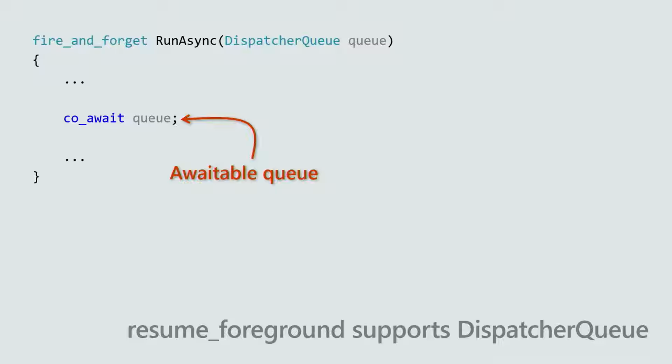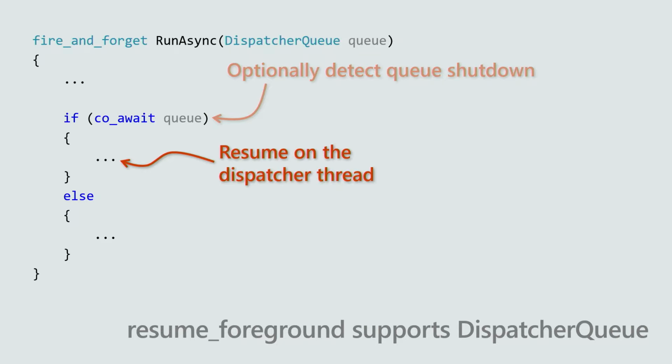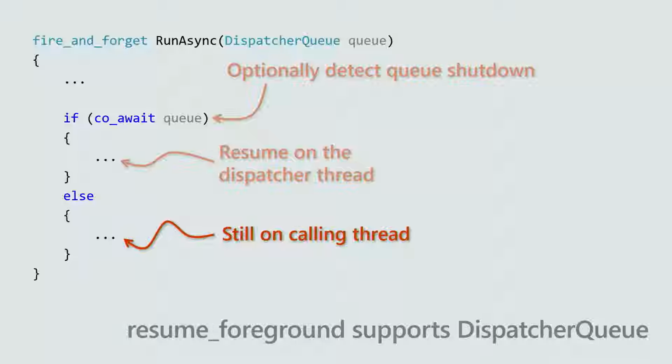The DispatcherQueue, however, has an interesting feature which allows you to detect queue shutdown. This ends up being really important for, again, very fine-grained control of teardown scenarios where you want to make sure whether the queuing actually occurred or it actually failed. So in this case, we know that you've actually resumed on the dispatcher thread. All is good. You can carry on going. Otherwise, you'll know that you're still on the calling thread, and you'll presumably take care of some teardown scenario. So you get the fine-grained control of the DispatcherQueue as well as knowing when that operation actually succeeded.